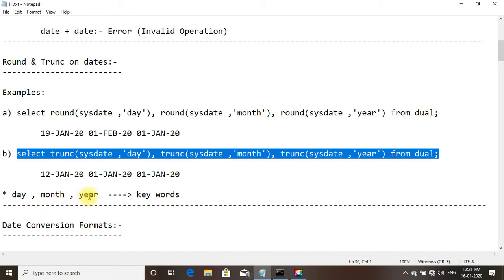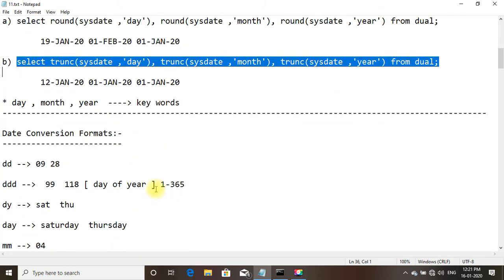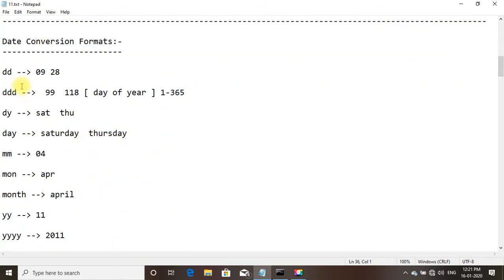Day, month, year are keywords. Date conversion formats: DD is 09 or 28, DDD is 99 or 118, the day of the year 1 to 365. DY is Sat, Thursday THU, DAY is Saturday, Thursday in full, MM is 04, MON is APR, MONTH is APRIL.